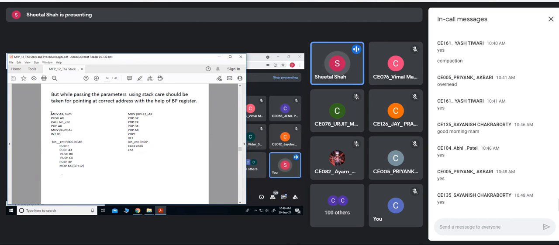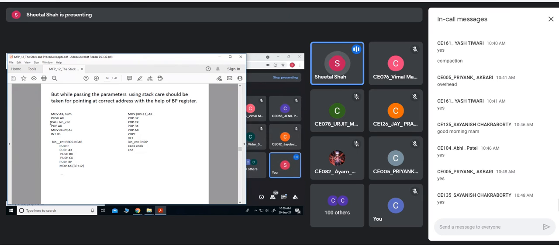Fine. So you can see that the binary number is provided in the variable num, which is declared in the data segment. So this part is my code segment. Here I haven't written all those assembler directives which are used for the code segment. So MOV AX, num, that means the number whose conversion has to be carried out, we are copying it into the AX register. Then as I said, we are passing the parameter using the stack. So those parameters should be placed into the stack, so we perform this operation, the PUSH AX instruction.